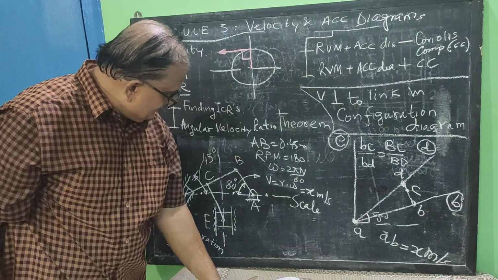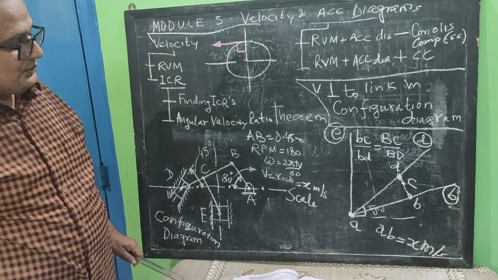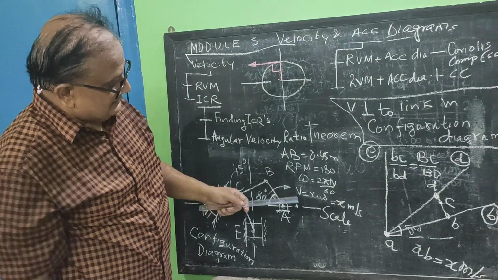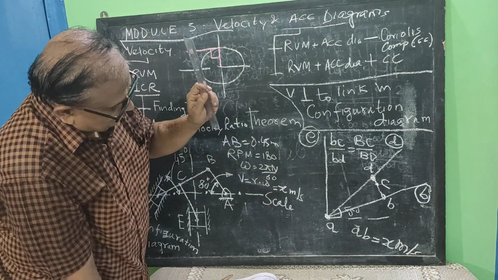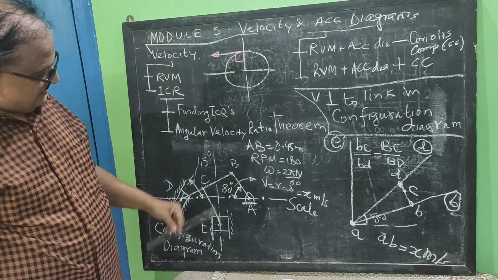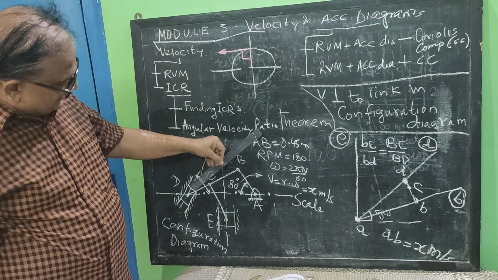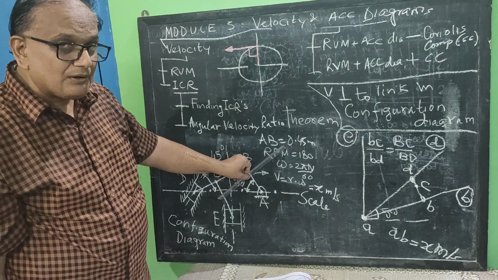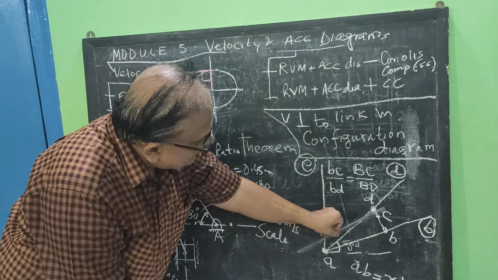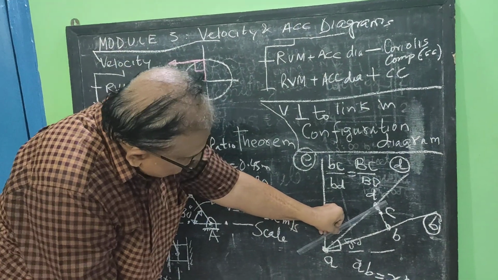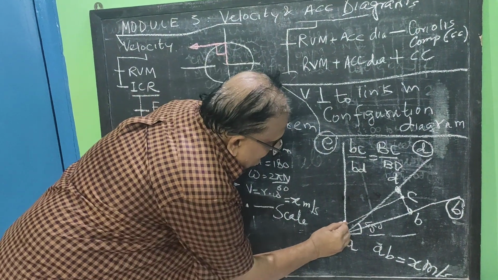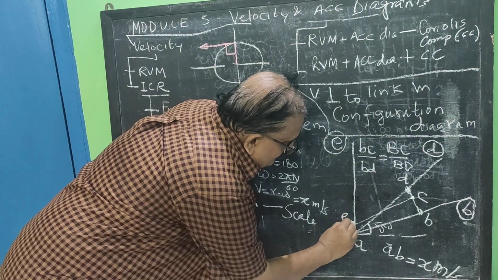Once you get the point C, next what you have to do is find out where the point E is. Point E you will get on this particular line. Somewhere on this line you will get the point E. How will you find it? Take your ruler scale, keep it perpendicular to the length BE. Move it, move it, move it. Come to the point C. Once you come to the point C, then you draw this particular line, and this particular line over here, this is the point E.